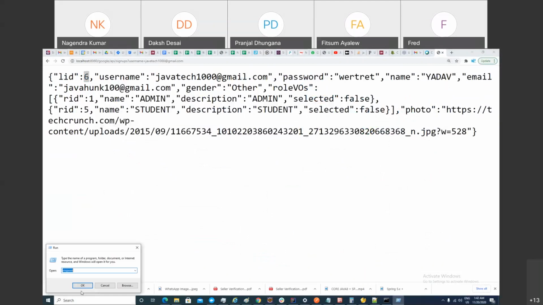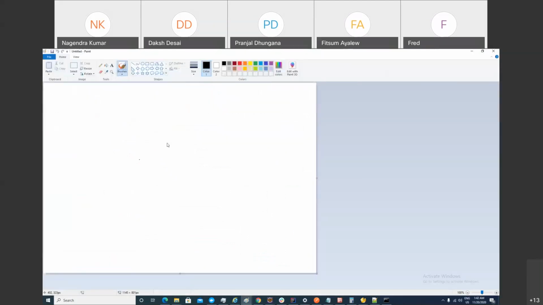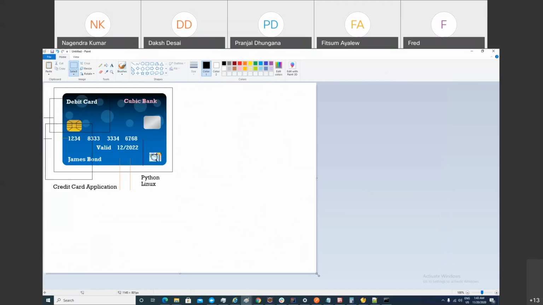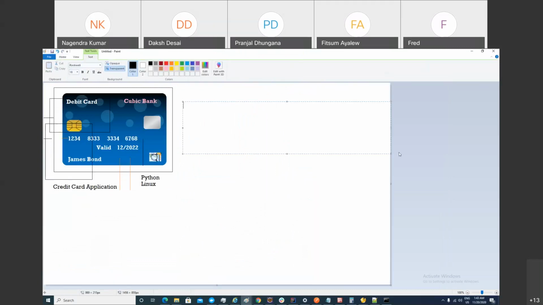JSON data. Let me create a Java object and I will show you, when this data is converted into JSON, how it looks. Let me show you. So make a class, credit card application, and I want to make a Java object: private string name, visa, private integer CVV code,